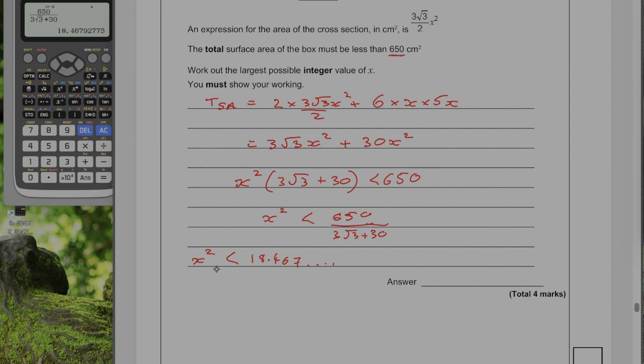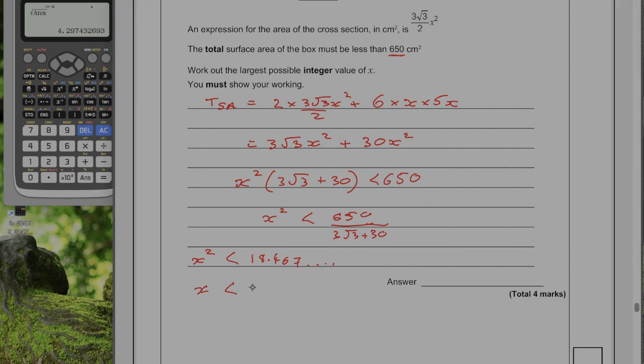So typically speaking, when we square root an inequality, it changes our range quite significantly because we have a negative value that we need to think about. But because we're talking about a length here, I don't need to worry about that. So I can just square root this answer. So if I just square root the answer, I'm going to have that x needs to be less than